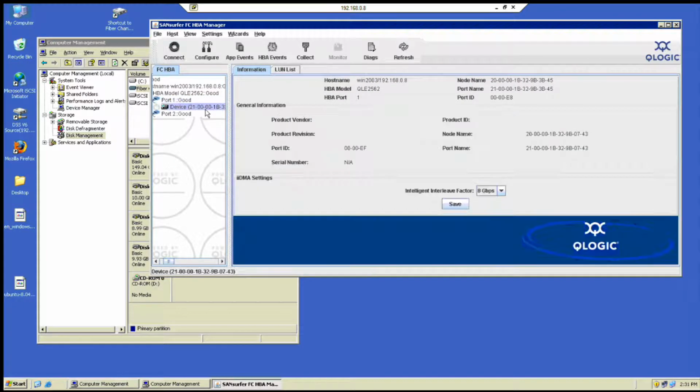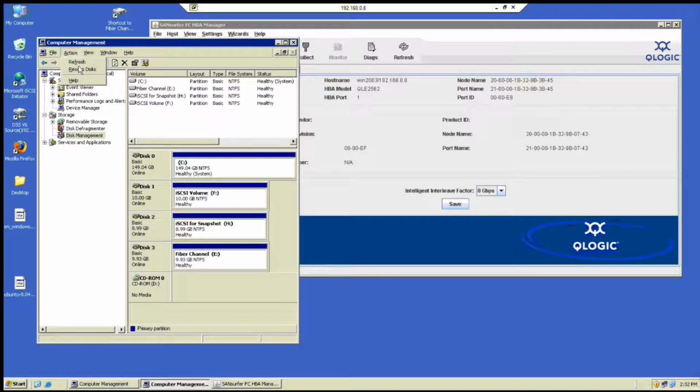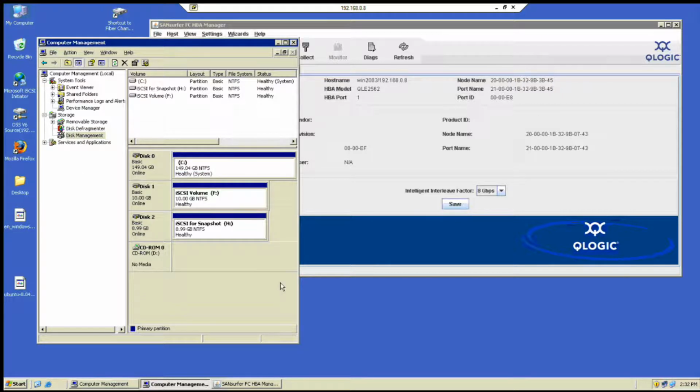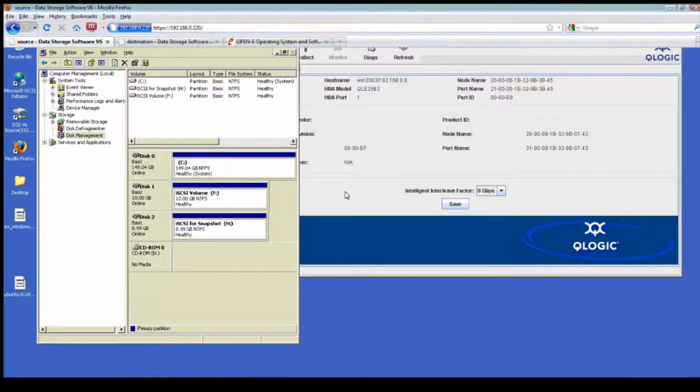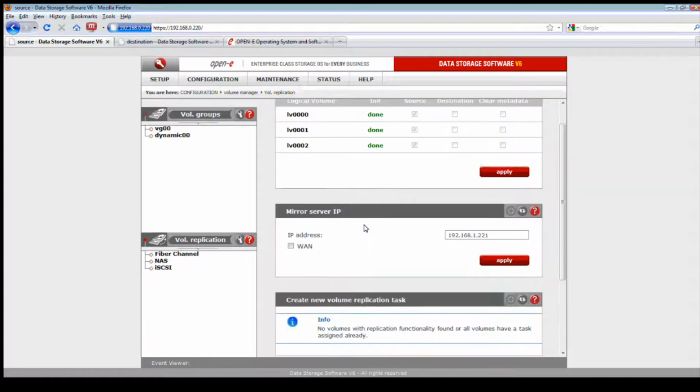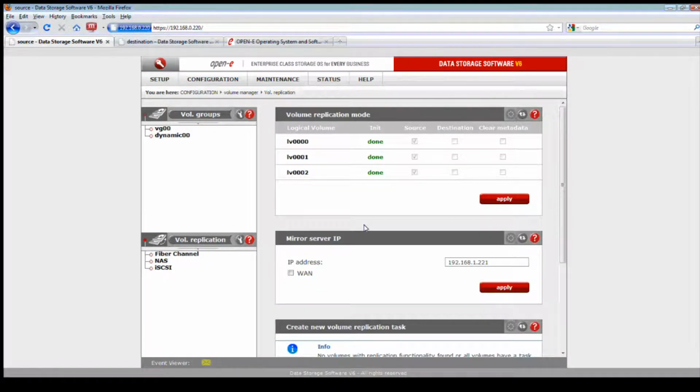If you want to see where your data is, from your SAN surfer, just come up here, do another refresh, and you'll see that the disk will now be under that port 1, which is associated to the source server. And there we go. Now we have it. Again, it goes back to 8 gig. And of course, you want to do a disk rescan, and make sure that it sees all the disks, and it'll take about a second and you'll have it back online.